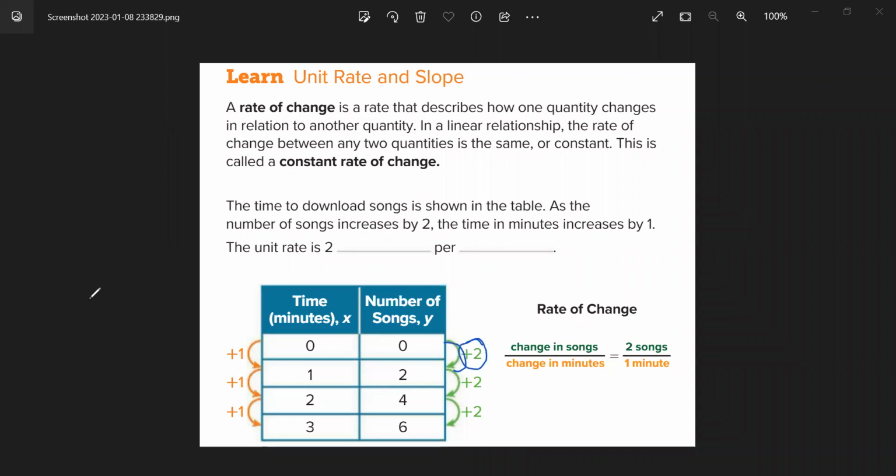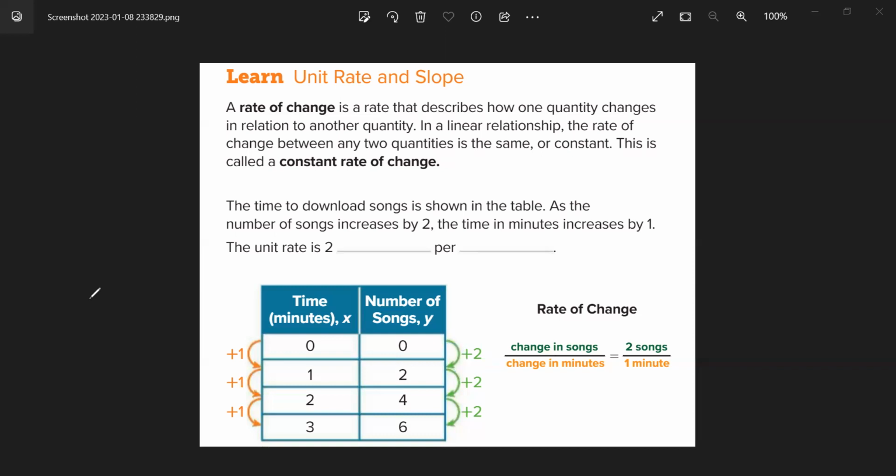So from 0 to 1, in this case, we add 2. Every time we add 1, we will add 2 over here. So we add another one, we add 2 more. We add another one, we add 2 more. This number will change, right? Sometimes it will be different than 2. But this one right here will always be 1. Okay? So, in this linear equation,